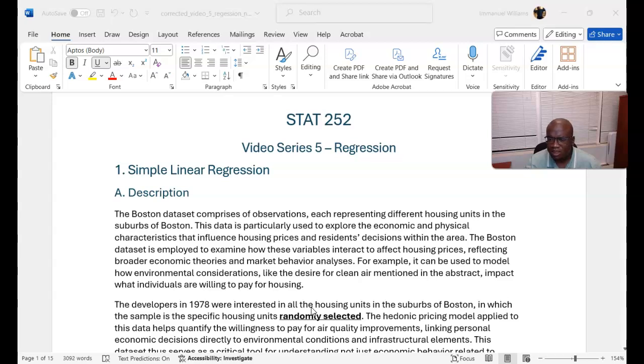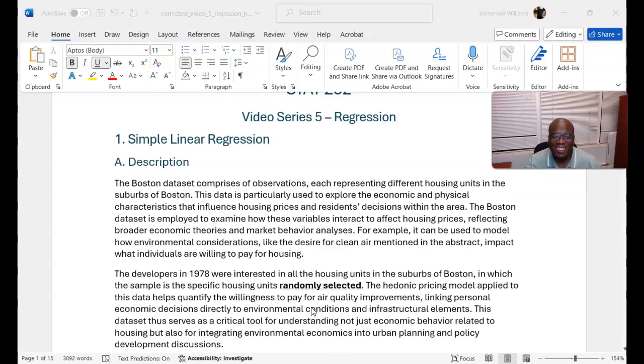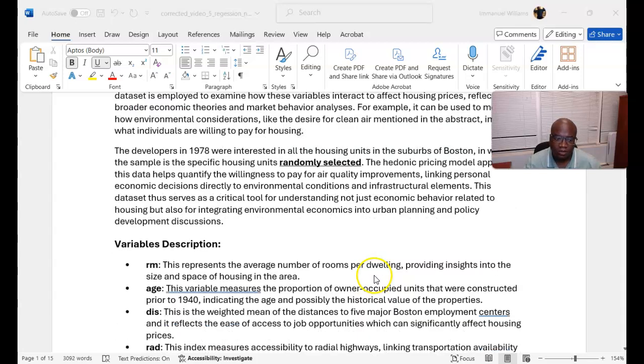Some highlights I would like to mention; I'm assuming you read it already. So this is a Boston data set. It's not really housing units, it's just areas of homes. Okay, just areas of homes would be our observational unit. And then we're taking a sample of those areas and measuring various things, such as the average number of rooms within that area, the age,